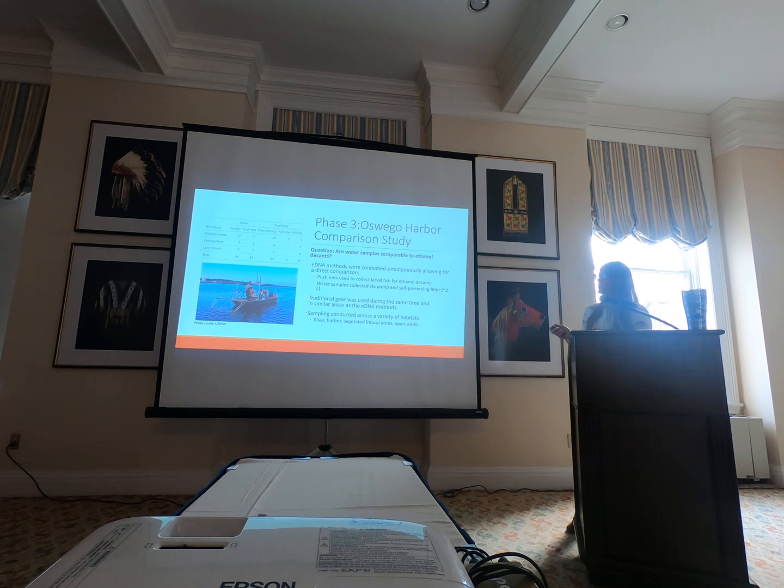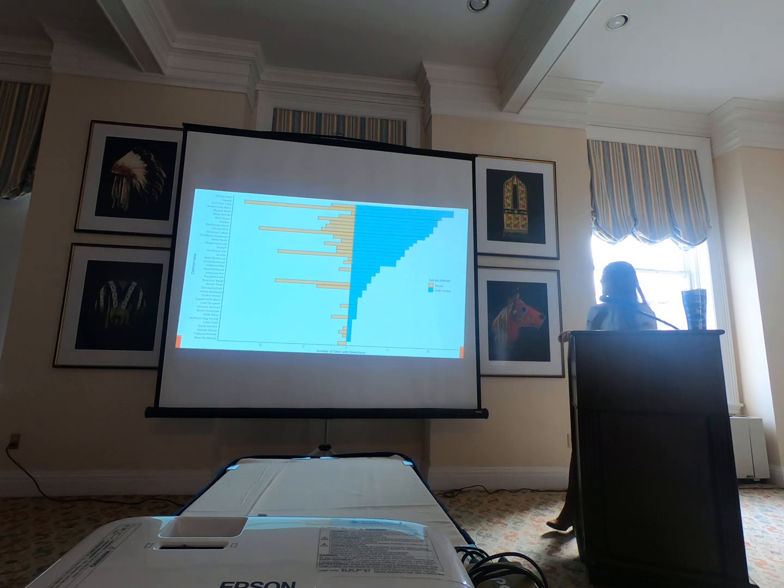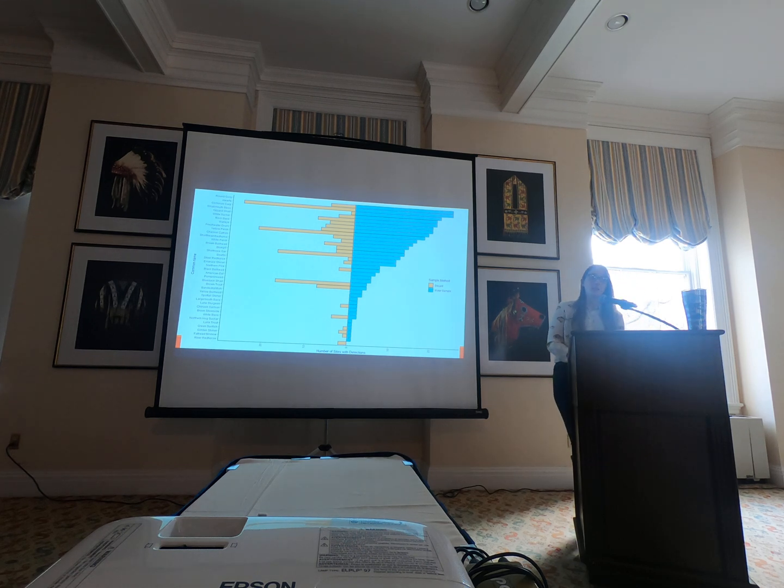Tried to take samples for both methods, eDNA and traditional gear, in all of those locations. So we'll go into some of the results. This is decants in the gold, water samples in the teal. And what we saw is that the water samples not only were picking up more unique species than the decants were able to, but in locations where they were collecting the same species, they're picking it up in a higher